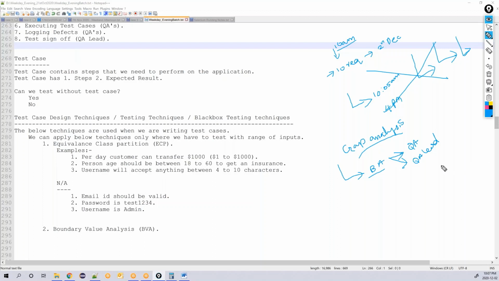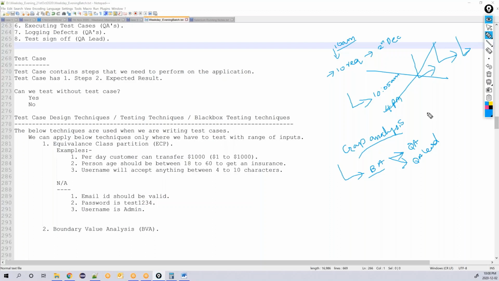Once you do the gap analysis, once you go through your requirements and they are complete, only then will you go ahead and write test cases. They have given you a task, but nobody would expect that to be completed over a day. Maybe you take around 1 to 2 hours to go through the requirements. From there, you can start with writing the test cases and so on.